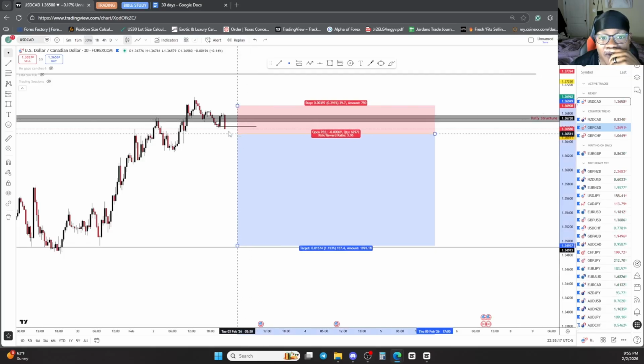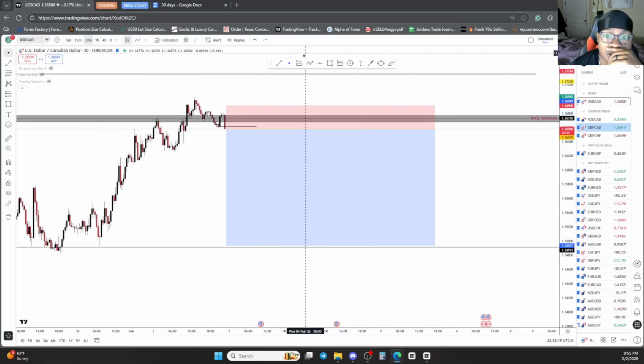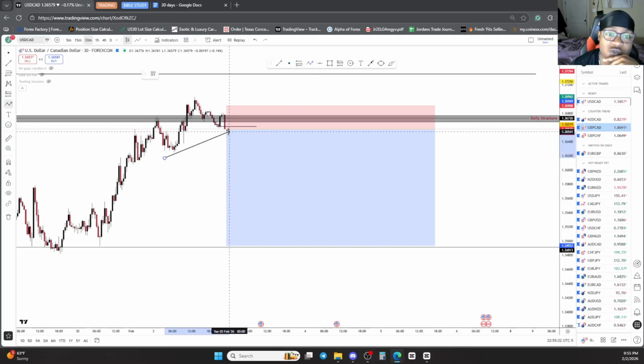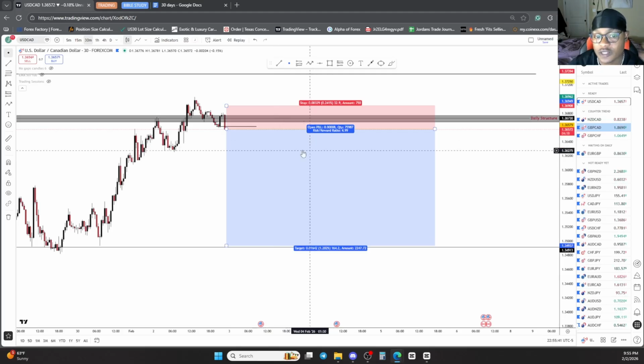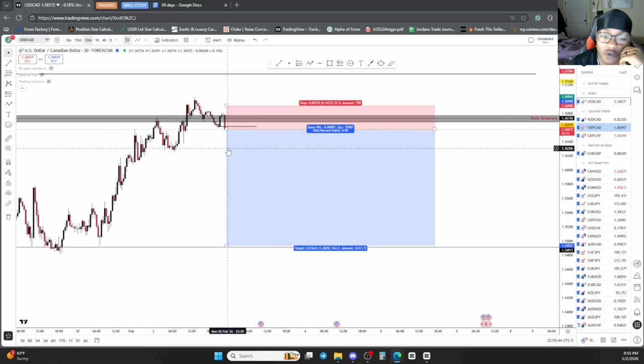If we can have a further push, I think that's what it is. Since this entry is so close to the stop loss and it's not giving me enough breathing room, it's bringing me back a 1 to 5. In reality, I'm not getting a 1 to 5 off rip. If I'm right about my trade, it hits my 1 to 2, 1 to 3. Okay, I can hit a 1 to 5 after the extended push, but off rip, if I'm already getting a 1 to 5 risk reward, this is showing me my stop loss is too close, and I don't like that. That's just a red flag to me.